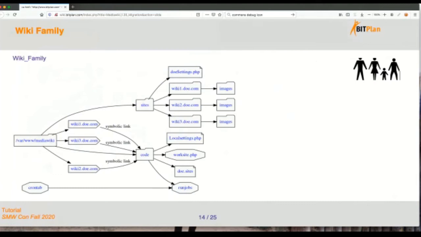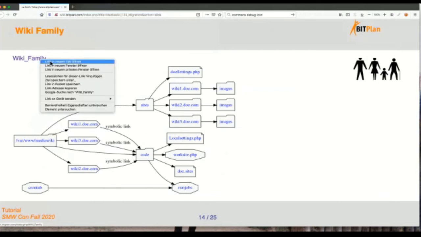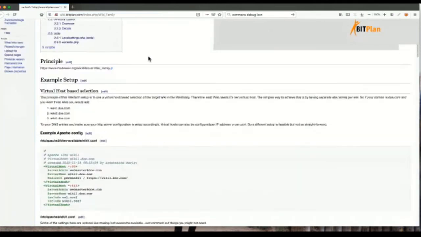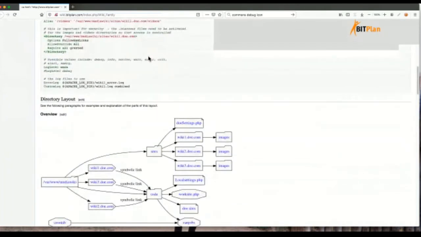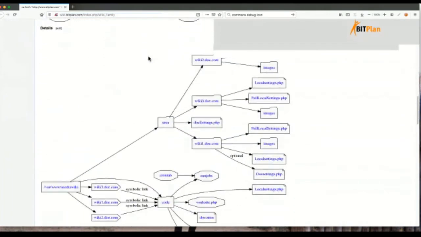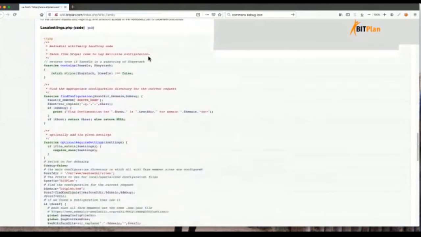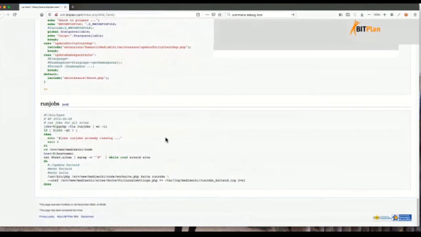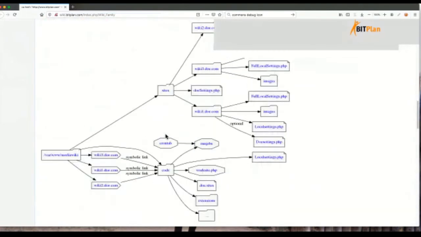One of the things that was quite helpful for us was that we were using the whole thing in a farm environment. So the code of all our wikis is the same. So I've started documenting that approach. If you're interested in the wiki family approach, just use this page here. It shows you some of the configuration things. If something is missing, just approach me, because I'm willing to put almost everything which is not security related into the public domain. So you can see how we run our jobs here or other things.